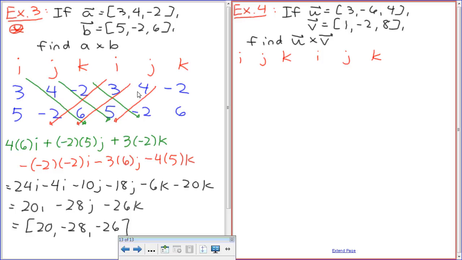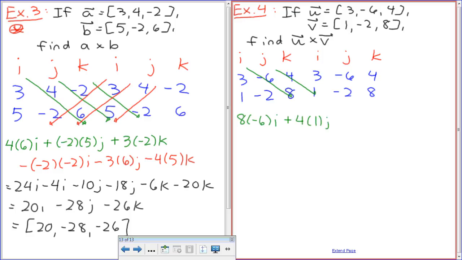Okay, so I'm going to write 3, -6, 4, and then 1, -2, 8. In green then, it goes 8 times -6i plus 4 times 1j plus 3 times -2k